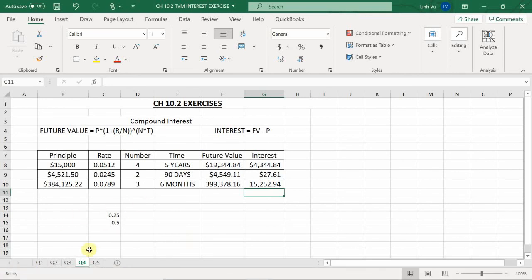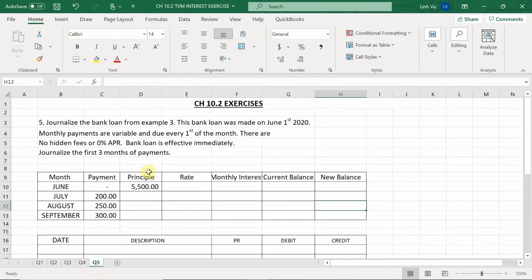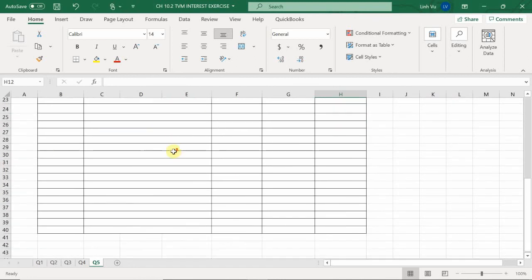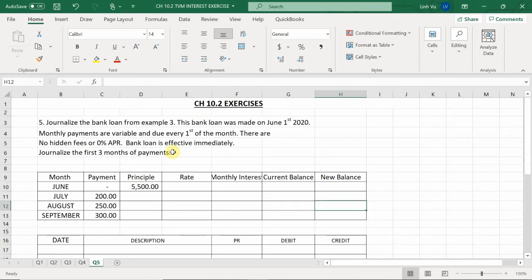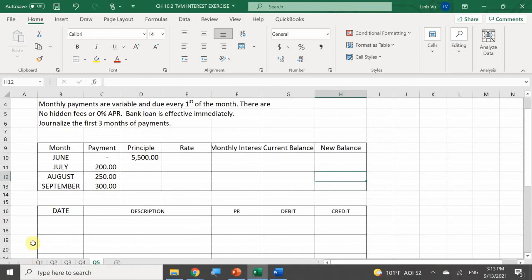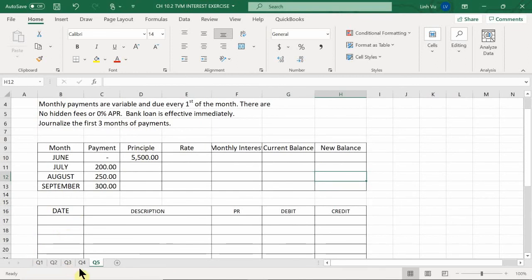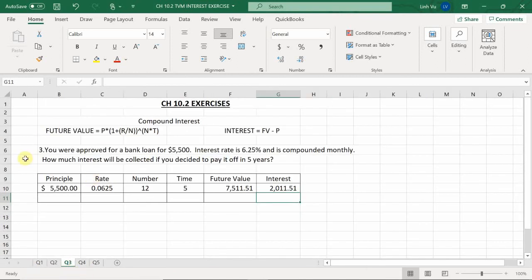Last but not least, let's go ahead and do question number 5 here, where we're going to practice making a payment to our bank loan. It says right here, you're going to be journalizing the bank loan that we did in example 3. The bank loan was made on June 1st of 2020. Let's take a look at question 3 right here, where we actually borrowed a bank bond for